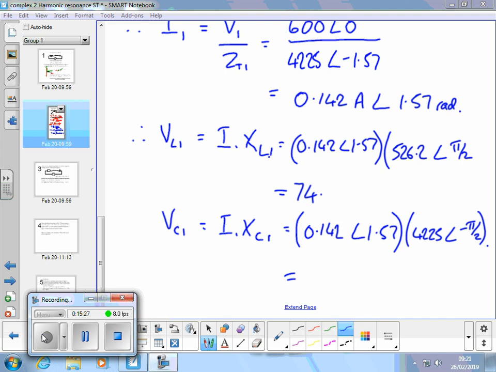That gives 74.7 volts, and the angle will be pi over 2. We've got 75 volts or so across the inductor, and the capacitor